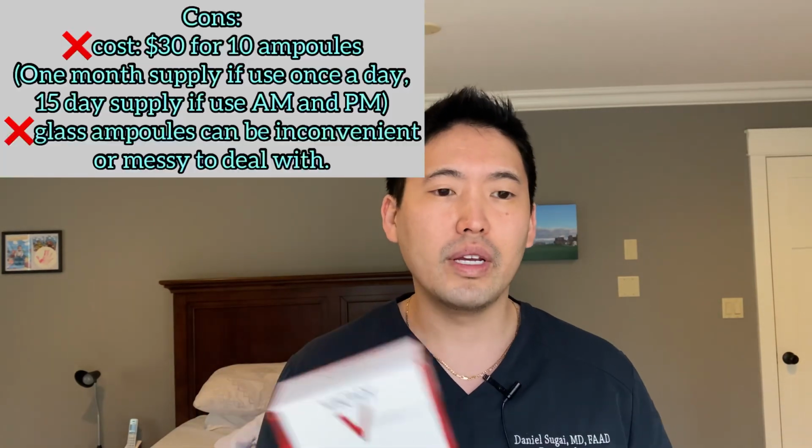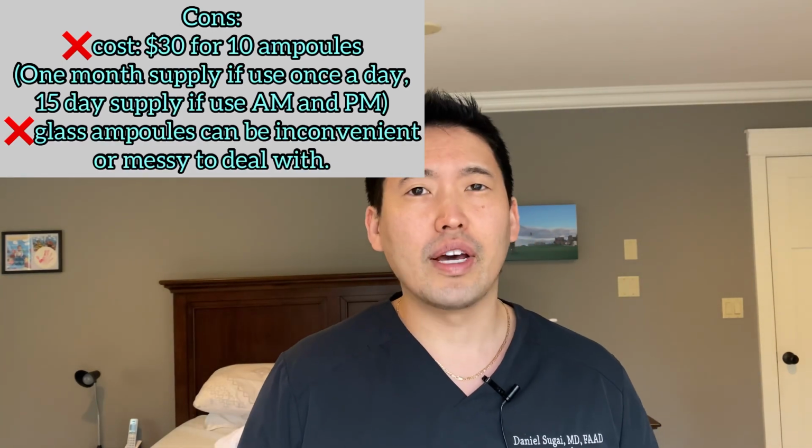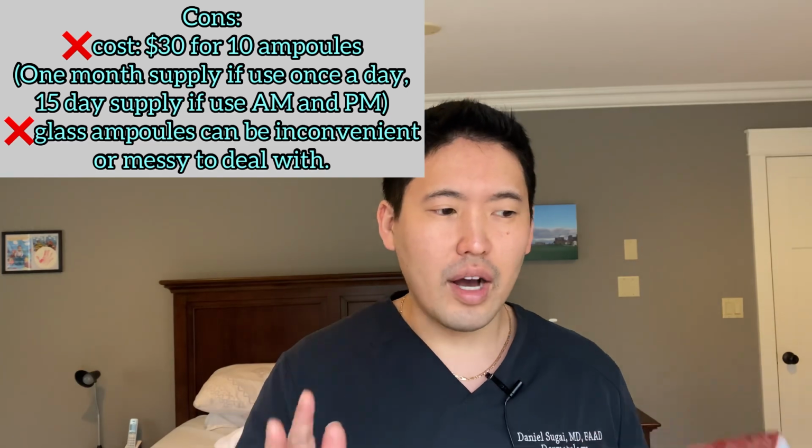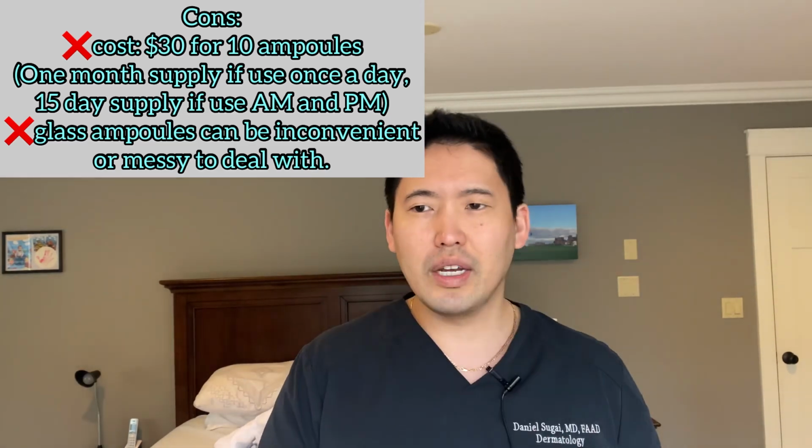Cons for this would be that they come in little glass vials, ampoules, that are very easily lost. They can get knocked over very easily. I wish that Vichy had made maybe a stand where you could just stick your used vial into it, have it standing upright, and then you could store it in a cool, dark place in your bathroom instead of just having it stand up on your counter where you actually knock it over and it could drip out. That has happened a lot, and it